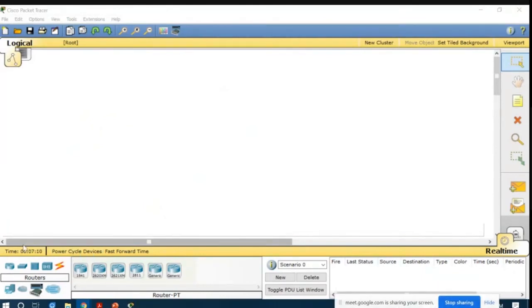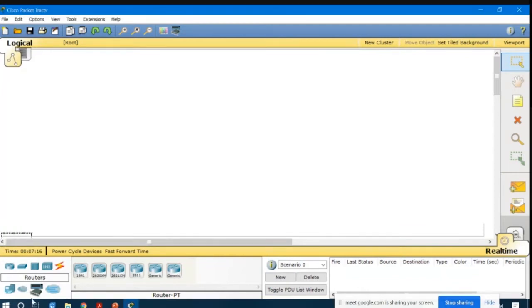Okay, so on the bottom left, you could see this box here. Bottom left here, this box is there where you could see when I am moving my pointer. Okay, you could see it is showing the different kinds of devices. Okay, so from here we will be selecting the different network devices.